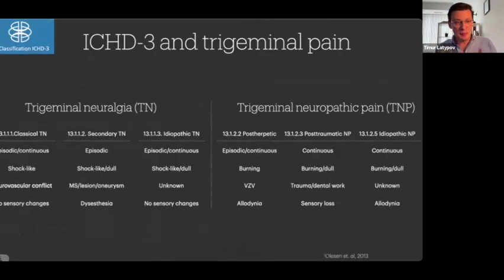It's important to mention that in addition to trigeminal neuralgia, there are other pain syndromes that are affecting the trigeminal nerve. And these conditions demand a nuanced approach for diagnosis and treatment. Currently, there is a classification system being used for that purpose. It's called the International Classification of Headache Disorders, or ICHD-3. And that system provides specific criteria on each condition, which are primarily focusing on clinical features of pain, neuroimaging findings,